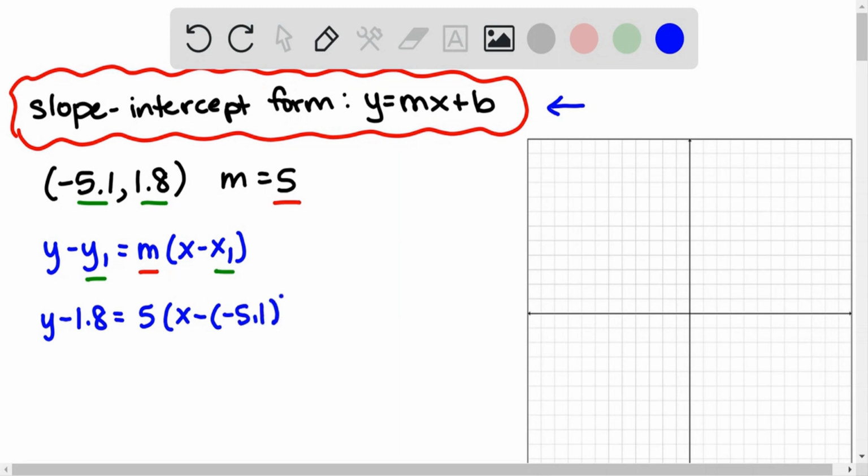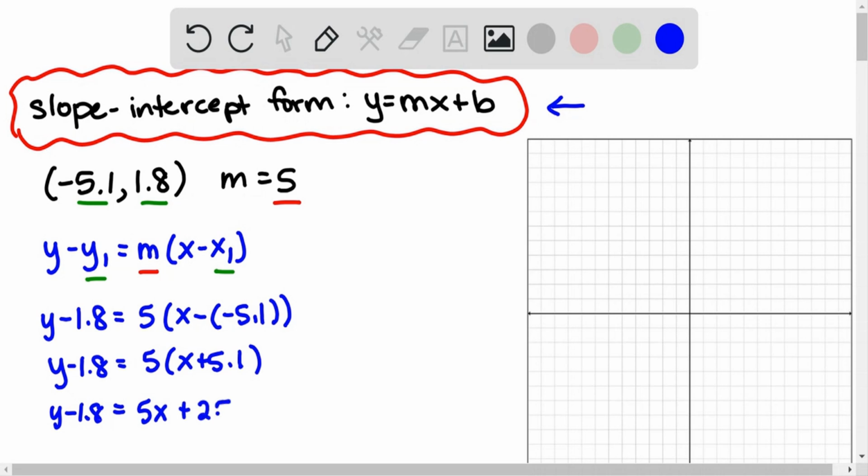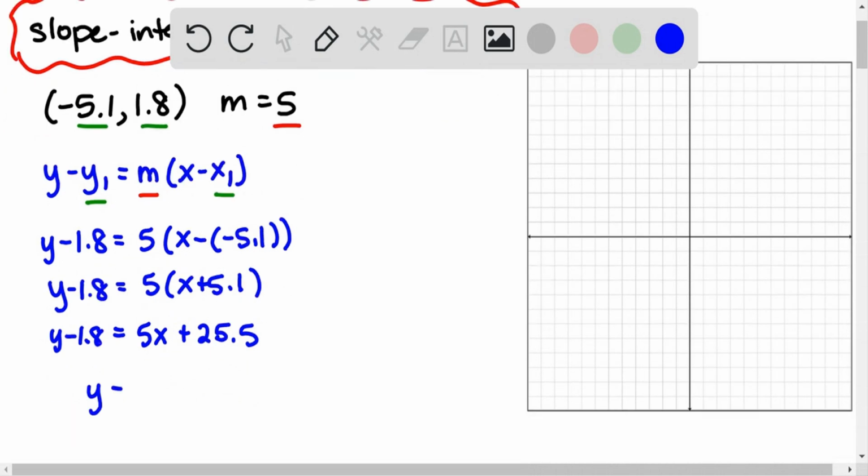And we're going to simplify that. We have y minus 1.8 equals 5 times the quantity x plus 5.1. So y minus 1.8 equals, let's distribute the 5, and we get 5x plus 25.5. And then let's add 1.8 to both sides. So we have y equals 5x plus